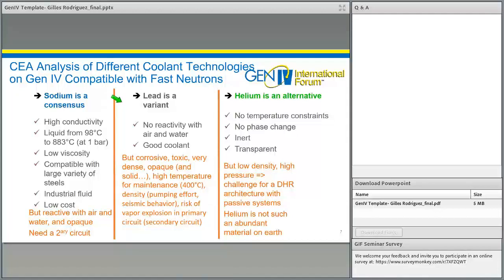the other coolant, lead is considered for France as a variant. It has the advantages at the opposite of the drawbacks of sodium, so no reactivity with air and water, no chemical reactivity, I would say. And it is also a good coolant, it has good cooling properties. But after, the drawbacks are that it is corrosive, toxic, very dense, opaque, needs high temperature for maintenance, and you can have a risk of vapor explosion in the primary circuit if you have an injection of steam inside